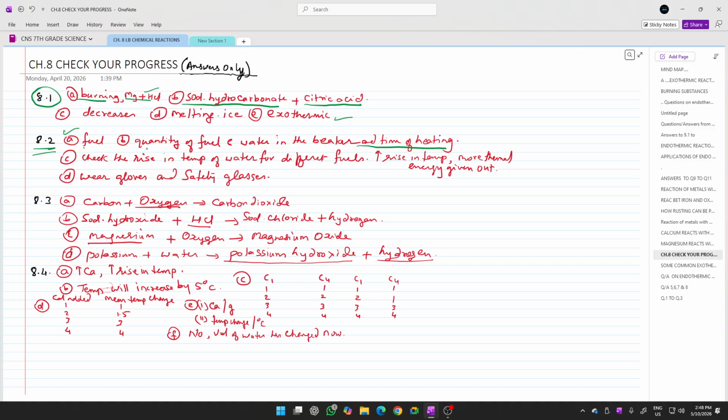Fuel is the changing variable, and the constant variables will be the amount of fuel, the amount of water, and the time for which they are heating. Okay. C is